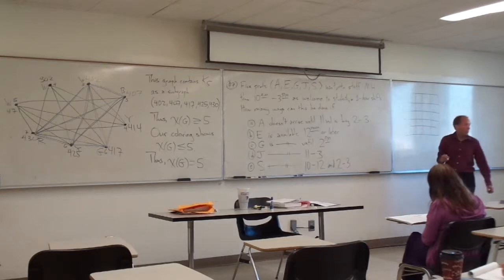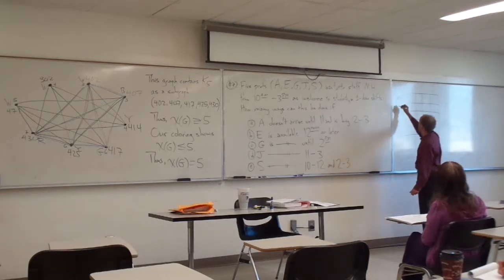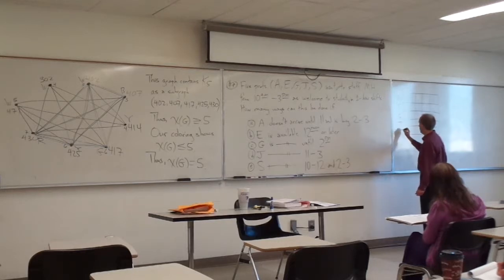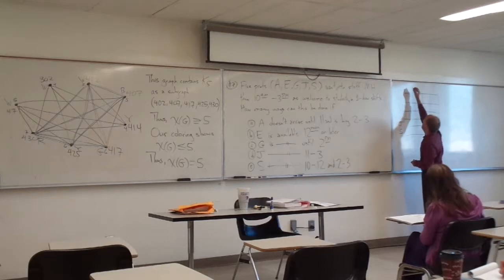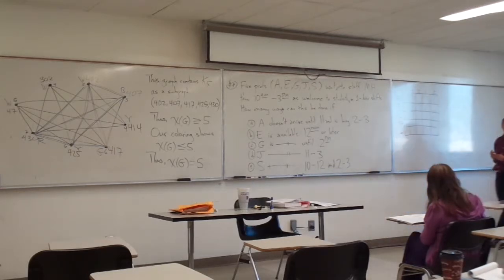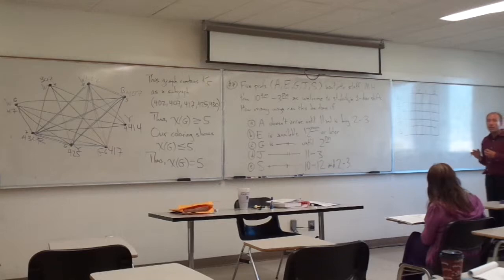Okay, I'm going to put my professors on the different rows. So A, E, G, J, and S. Those are going to be the 5 rows. And then my time slots are going to be 10 a.m., 11 a.m., 12, 1, and 2. Okay, so the way you would draw this would be,